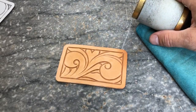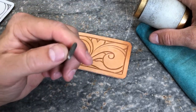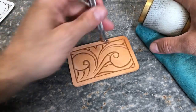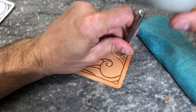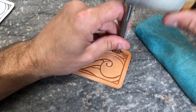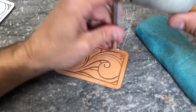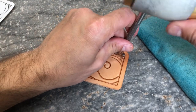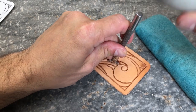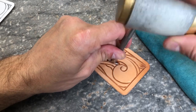All right, now that our beveling's done, it's time to move on to some shading. For shading today, I'm going to use this vertical line thumbprint. It's my go-to tool for shading. You can see I'm always tipping that tool. I never want to leave it flat and get a full tool impression. I'm tipping and rolling that tool depending on where I want that